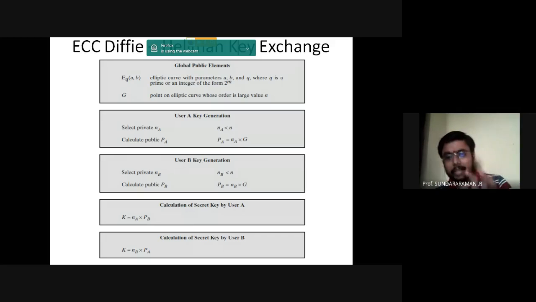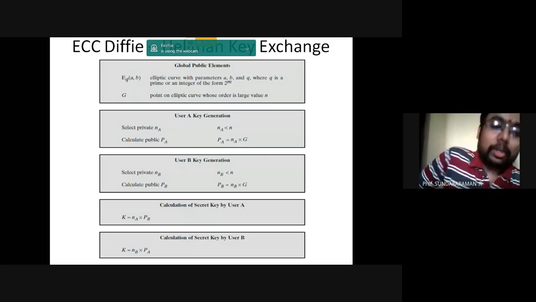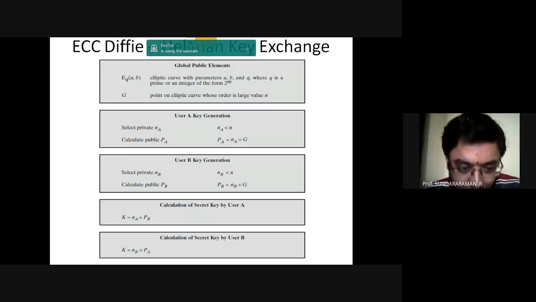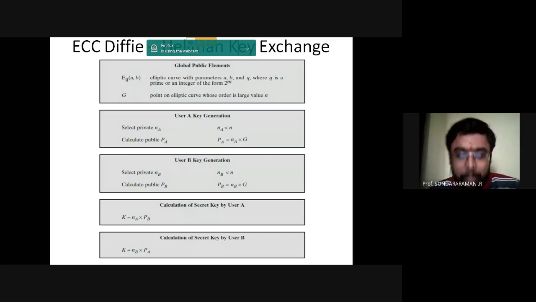Now user A is computing his secret key by performing Na into Pb, and user B performs the secret key computation by performing one more scalar multiplication, that is Nb into Pa. So what happens? Both of them will be getting the same answer, because if you take k equal to Na into Pb,